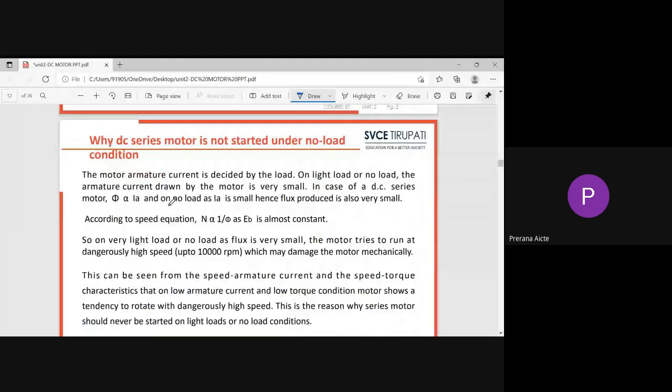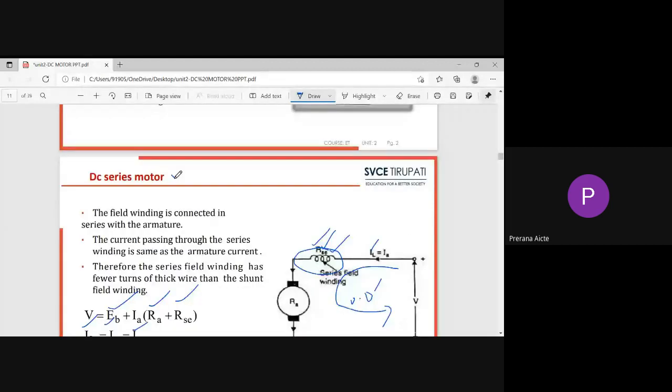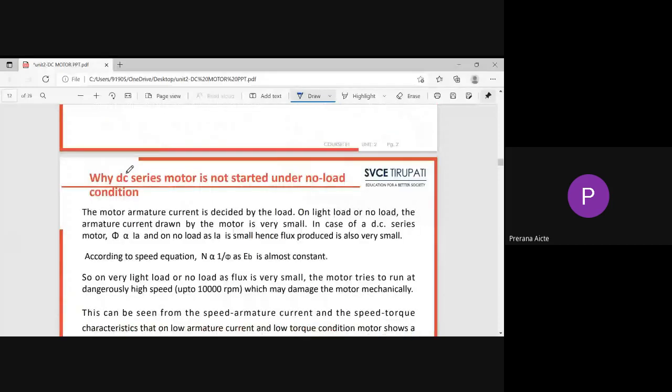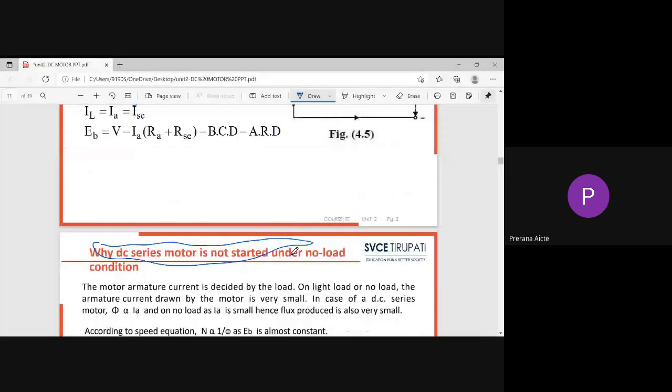Next, one important point in the DC series motor: the DC series motor cannot be started under no load condition. Why? See, this is an